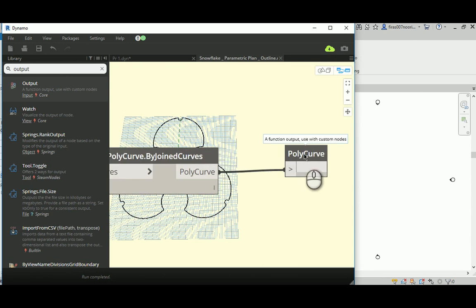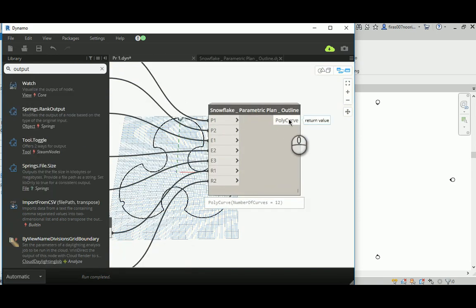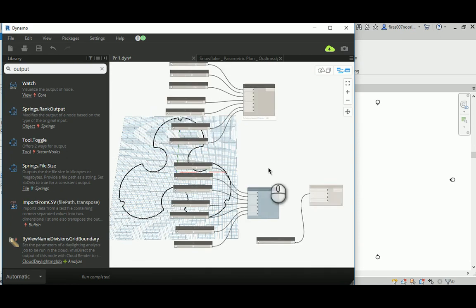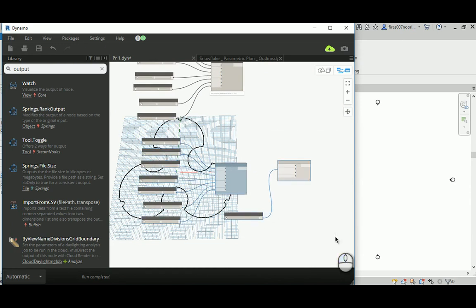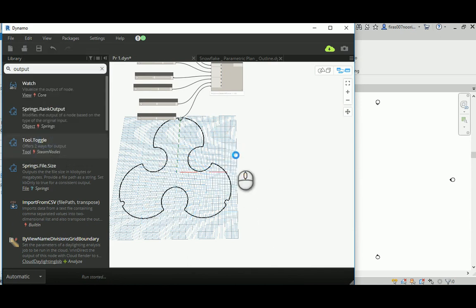It should go here to, again, polycurve, if you want that to be shown back in the project like this again. So that's our polycurve, and it's made out of 12 sub curves, as you can see in here. I can just go ahead and delete those guys, keeping only one,